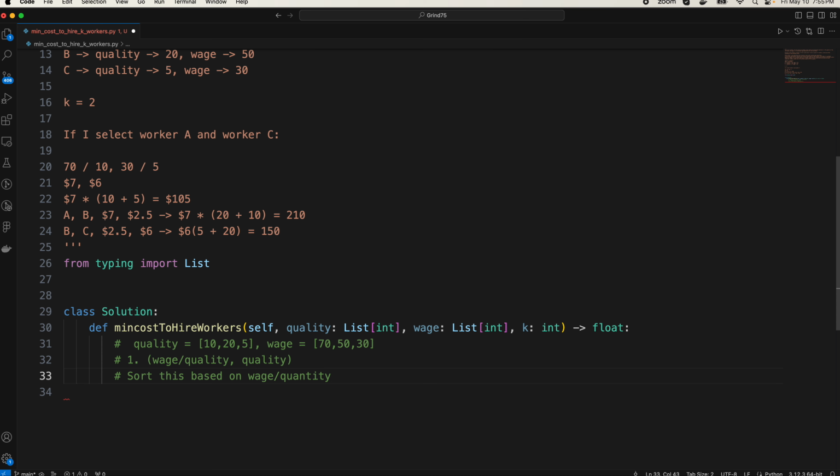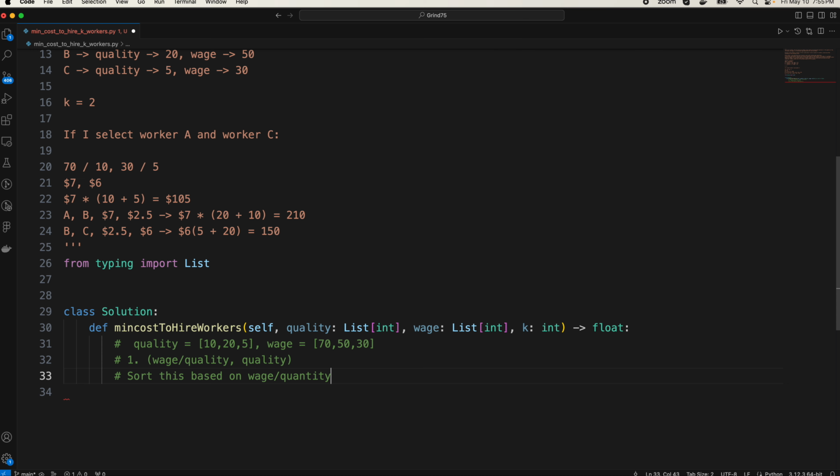And then we iterate through this sorted list, and as we iterate, we'll maintain a maximum heap, where the maximum quantity will be at the top,